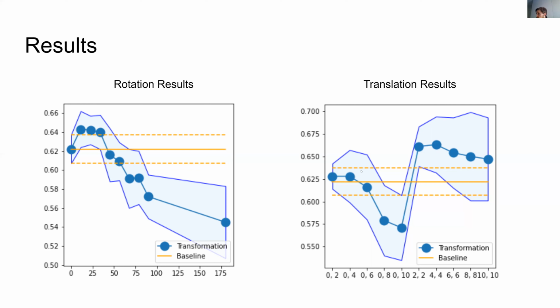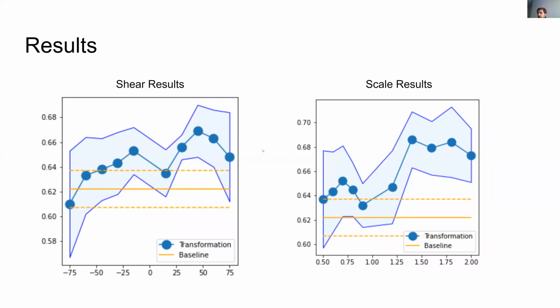With translations, we achieved our first significant result, which was the 2x2 translation. Yet again, not particularly promising. With shears and scales, we started to see better results. So the shears, you can see we started getting quite a bit higher. So the best mean one was a 45-degree shear, clockwise shear, I believe. And that was an